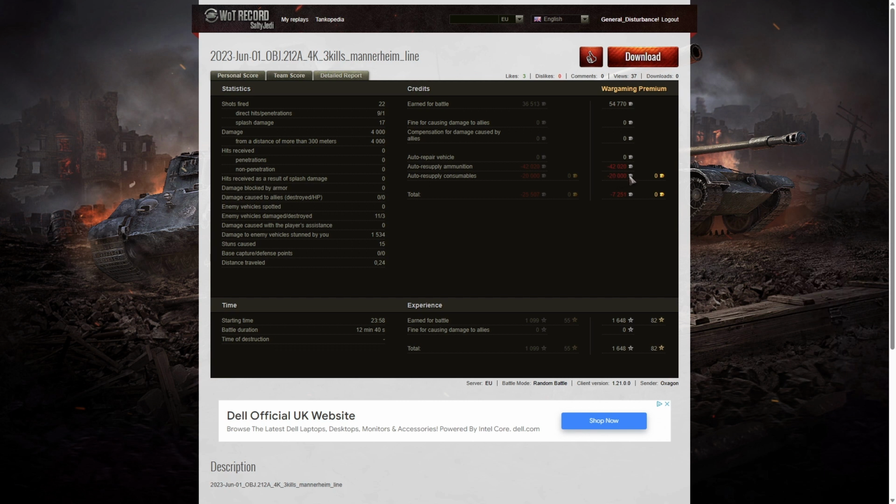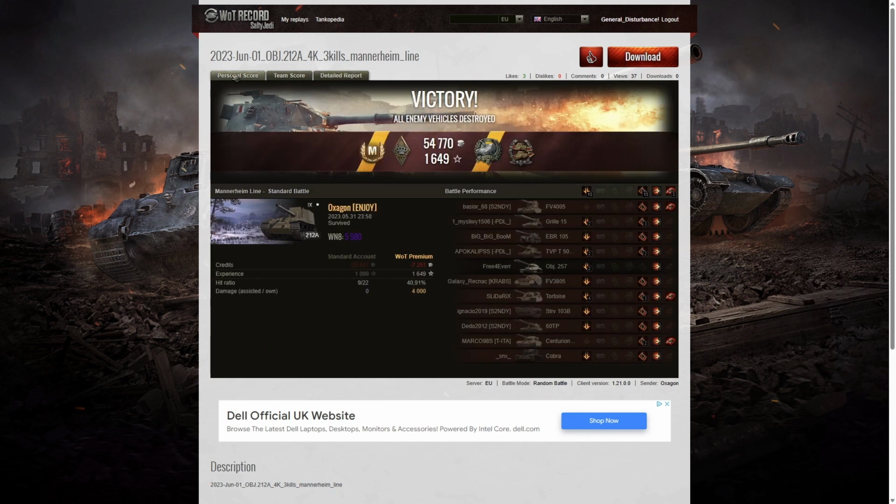And of course, he did have consumables. Without the consumables cost, he would have actually had a profit. 1,648 XP as well. So again, another good game in terms of earning XP. And well, he didn't earn a profit on this game, but at least he did get the victory and a nice total. So, I hope you enjoyed both of those replays, the one on Outpost, followed by the one on